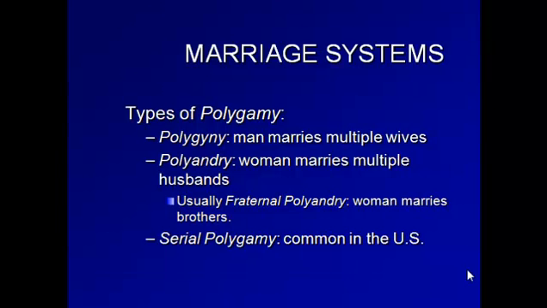And the remarriage rate is a form of serial polygamy, meaning multiple spouses over time, but they occur only one at a time. So in the U.S., we practice monogamy, where it's a lifetime single spouse marriage, or increasingly we have serial polygamy. And this is kind of a new way of looking at American society, because the norm is monogamy, but in fact, when we look at the rate of divorce and the rate of remarriage, we see that, in fact, polygamy exists, but it's a different form of polygamy.